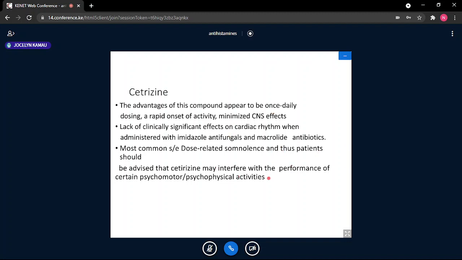As I have said, different people respond differently to different drugs. Even so, some of the drugs that have no toxicity in some patients have a lot of toxicity in others. Just like you have seen even with the COVID vaccine, you will find people who will tell you they got severe toxicity, others who get very mild, and others who don't even observe anything. So please do note that